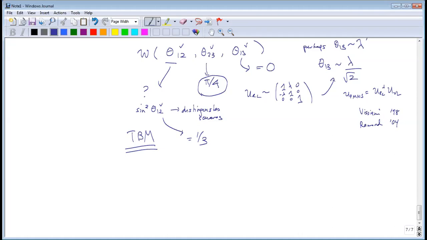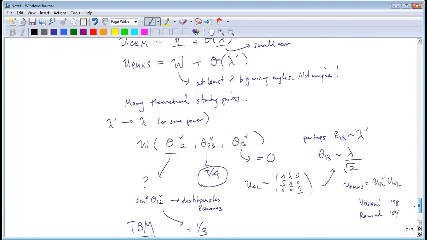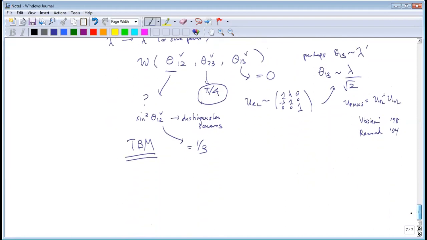But of course, once theta 1,3 is measured and not 0, tri-bimaximal mixing in its strict form is excluded by data, and it should serve instead as some bare structure, where we start off with something before we correct it. So a lot of model building attempts have been to start off with this structure and correct it with various correction effects. But we can also have other possibilities,